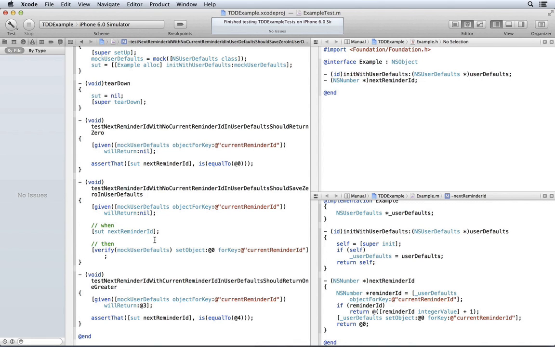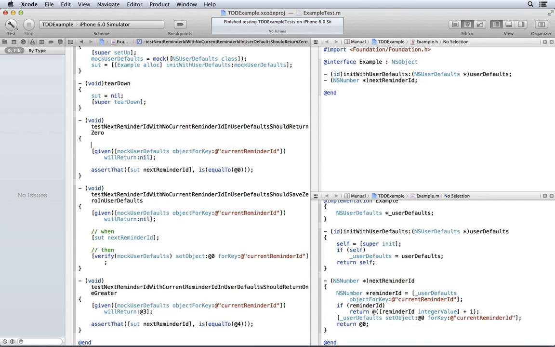Now we have duplicated code. Even this is very similar to this, except for the value. So let's take this value, nil, and extract it. If I were using app code, it would be very easy to do with an extract variable refactoring. Xcode is not as kind. We have to do it by hand.